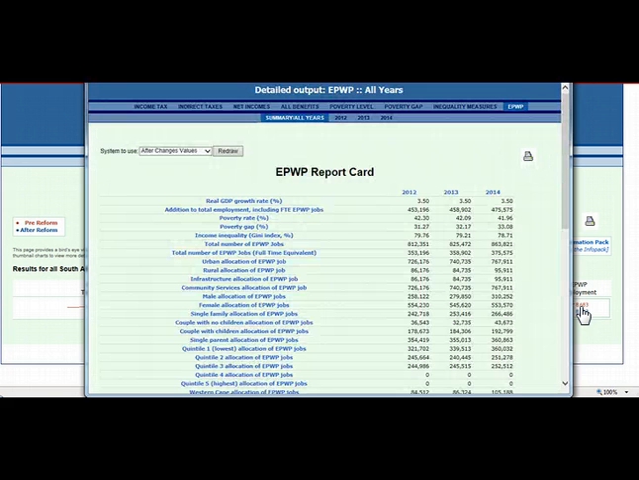One of the first things that you can look at is what we call the EPWP report card, which shows you the overall results for the number of years that you have run the model. Here it is from 2012 to 2014. If you run it to 2020, it will have